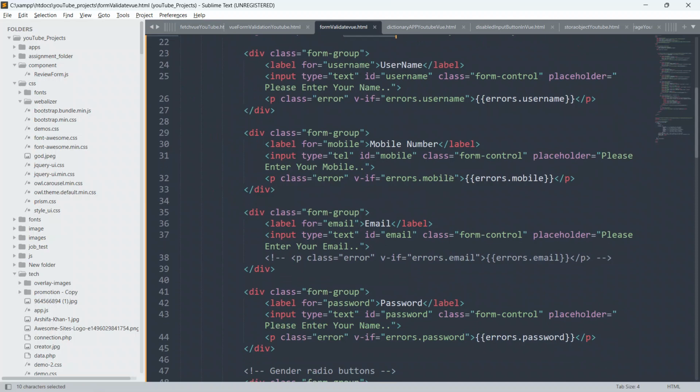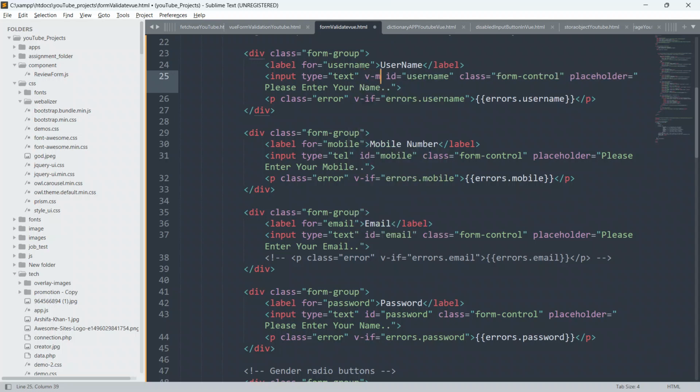We have to create v-model. As you all know, I have already explained that v-model is used for two-way data binding inside Vue.js. It is only used on input types, select boxes, radio buttons and checkboxes. Always remember, v-model is used to bind your form fields, your input field, select box and radio button, to the Vue.js instance. So here also I am going to write v-model.